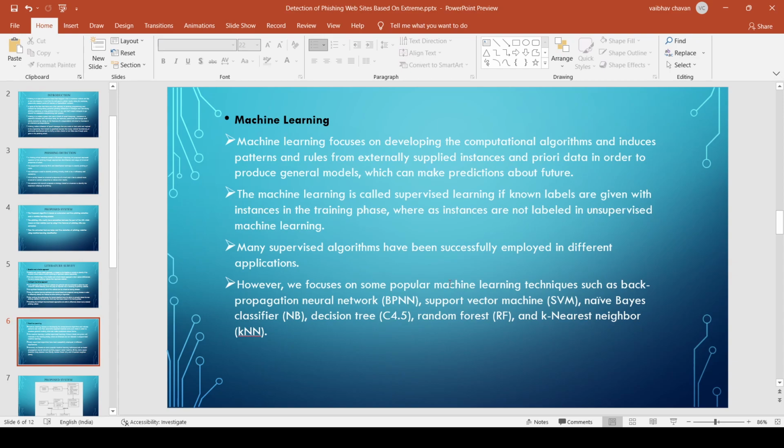In this approach, we are focusing on some popular mechanisms, of which there are many, including back propagation neural network (BPNN), support vector machine (SVM), random forest (RF), and many others.